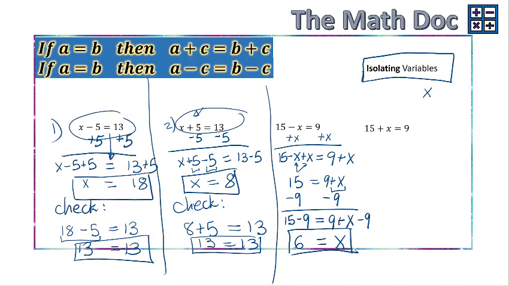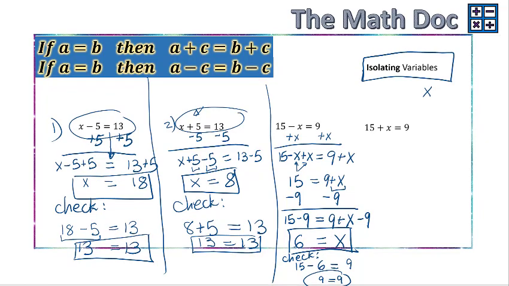Should we check this? Yes, let's check it. Right down here, 15 minus x, so minus 6, equals 9. 15 minus 6 is 9. So indeed, 9 equals 9, and we are okay. That was our third example, and we're finally at our last example, where again, our x here is part of